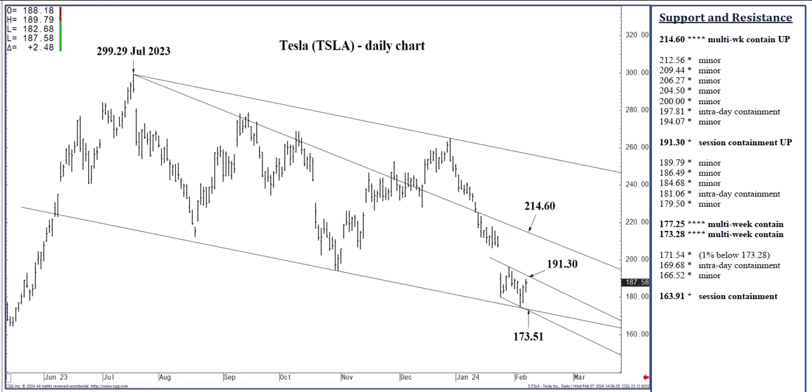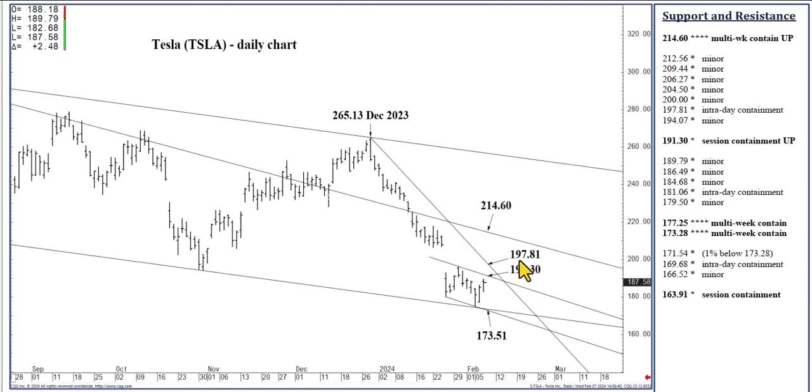So if we happen to push or open today above 191.30, I see 197.81 as a likely intraday objective. That may well contain buying through the rest of the day. That is a new descending 1/3 speed line that's based off the December high against Monday's low. It can contain intraday buying pressures, but I will say, and by a degree, that it's a close above 191.30